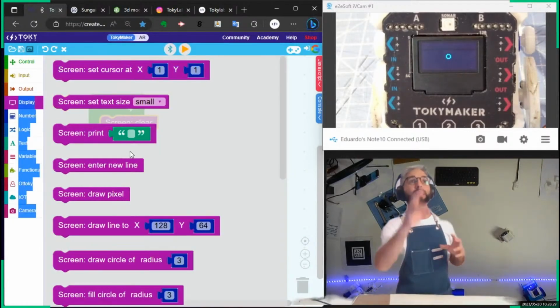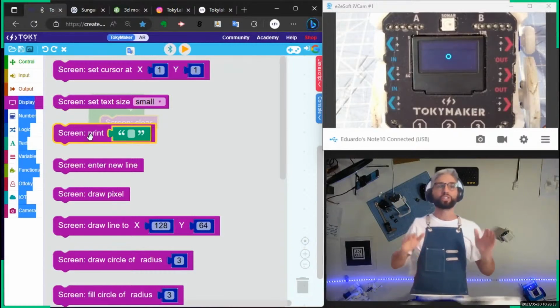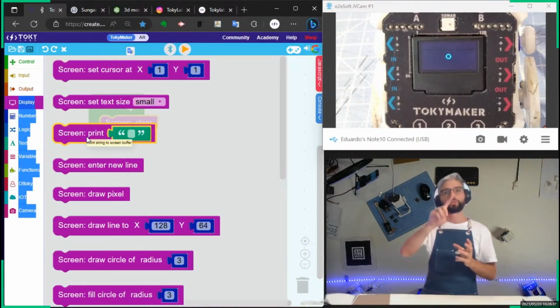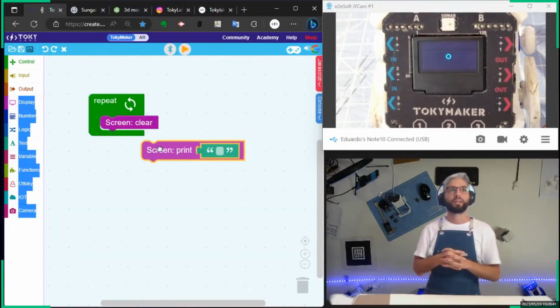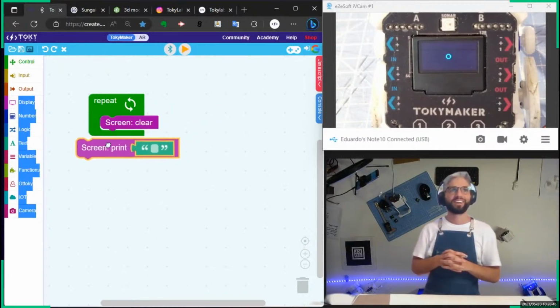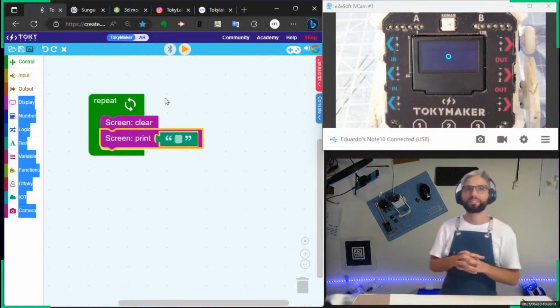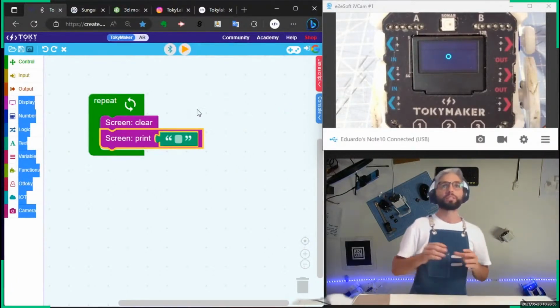Yeah, good. And then the third block, you see the third block is screen print. Just put it right after the clear. So drag and drop, or just click on top. Yeah. Then repeat, from further repeat. Then repeat. Yeah, it seems there is a bit of lag. Might be my fault today. Anyway, so